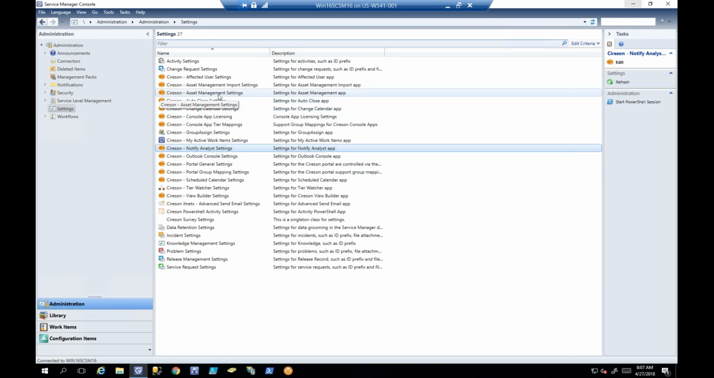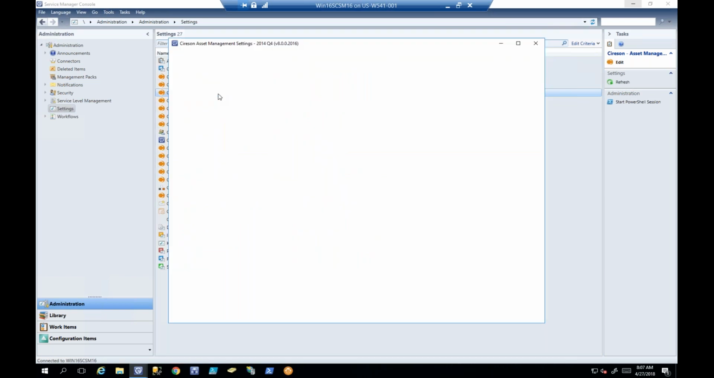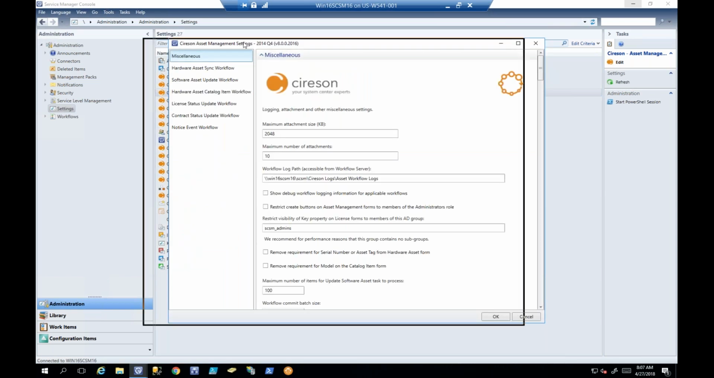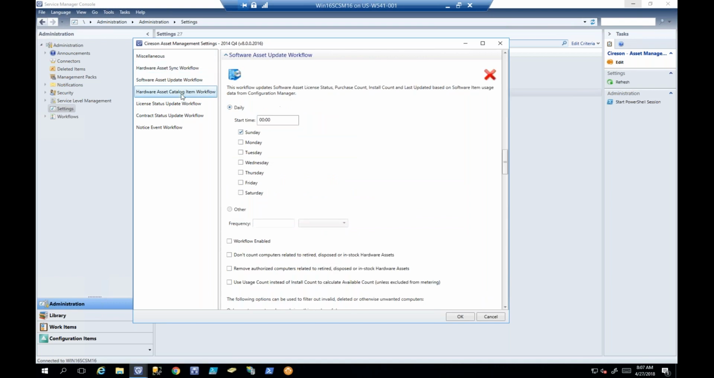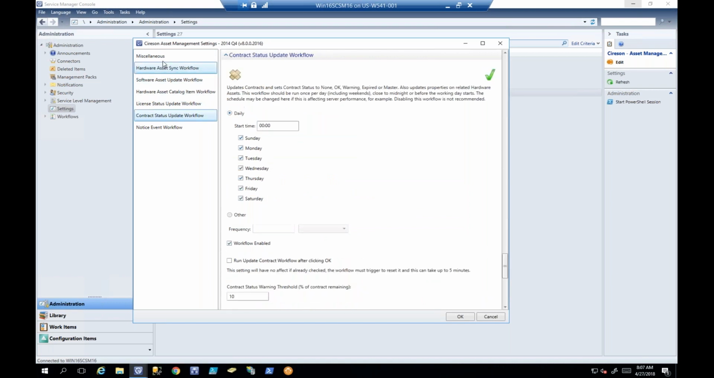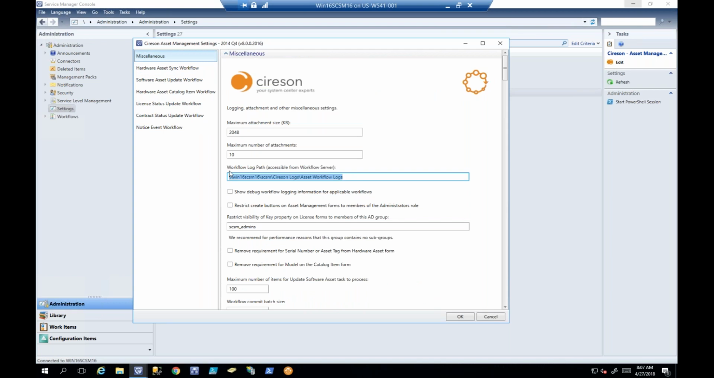And then the other console app I want to look at is Asset Management. Up here in the miscellaneous tab, you get the workflow log path, and that is going to generate logs for the hardware asset sync, software asset sync, et cetera, et cetera. And if we go to that path,